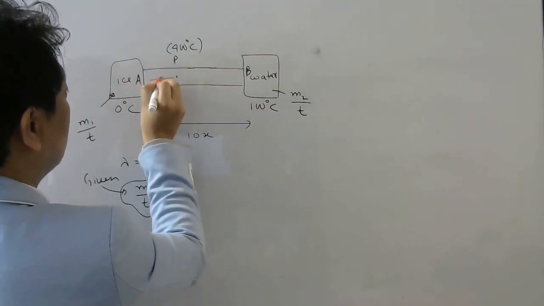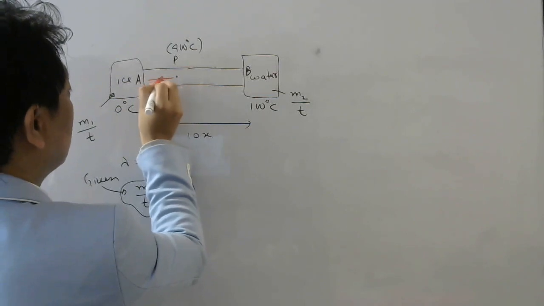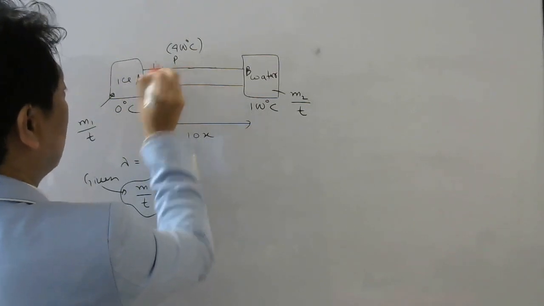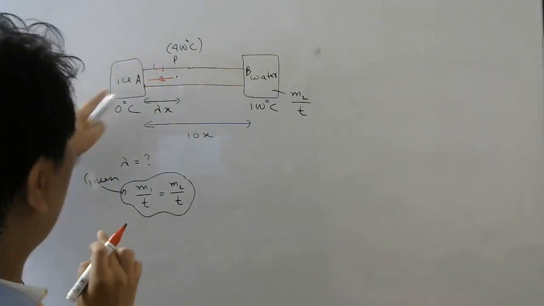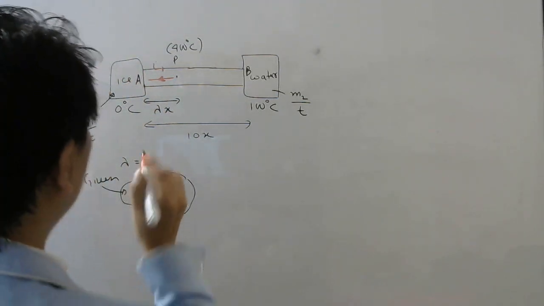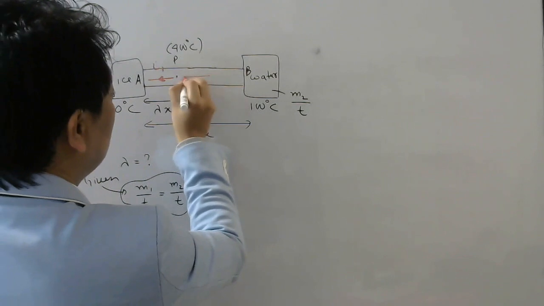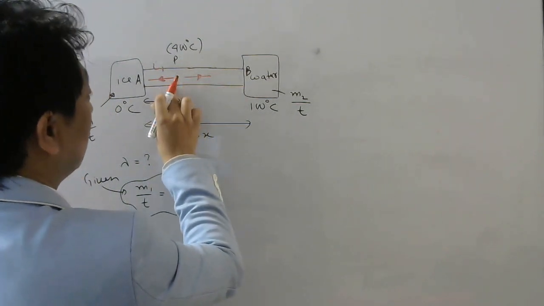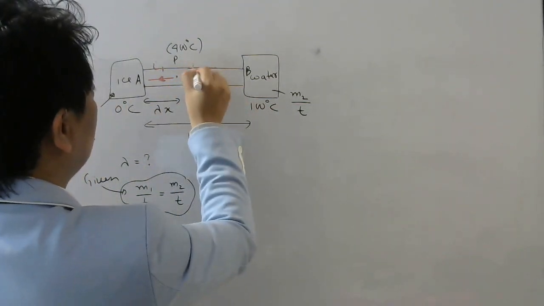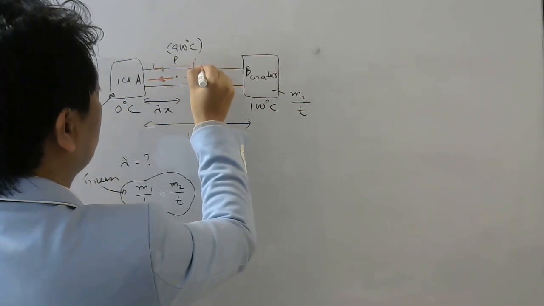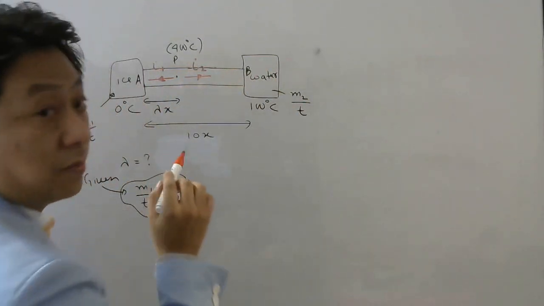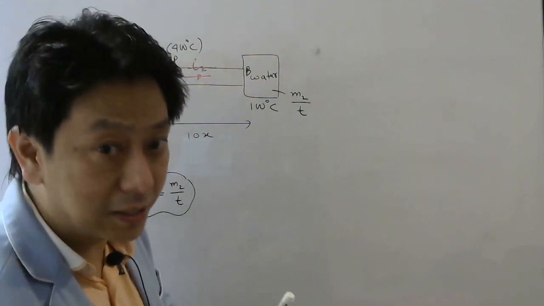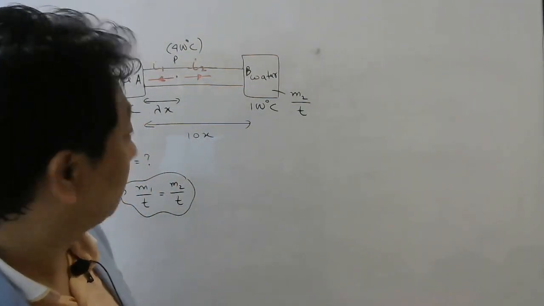From higher temperature to lower temperature. So let us say this heat current is I1. Whatever heat comes from here will melt your ice, because your ice is at 0 degrees Celsius. Similarly, heat will come this way, from 400 degrees to 100 degrees. Let us say the heat current is I2. And the heat that comes will boil the water, that is, it will convert the water into steam.